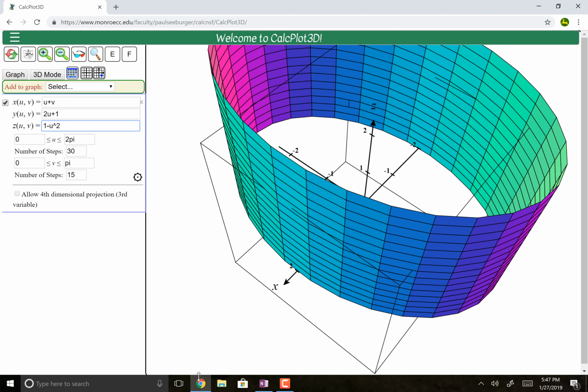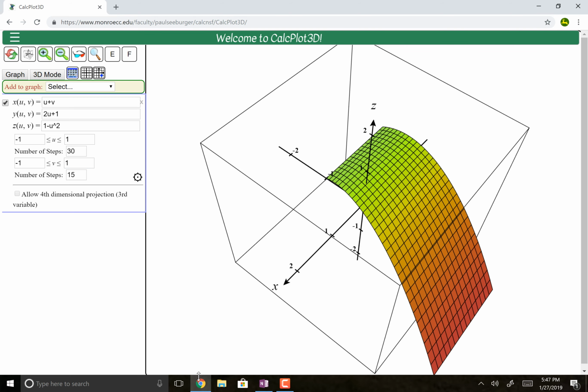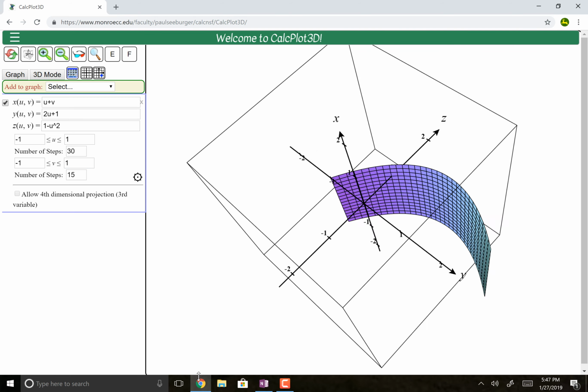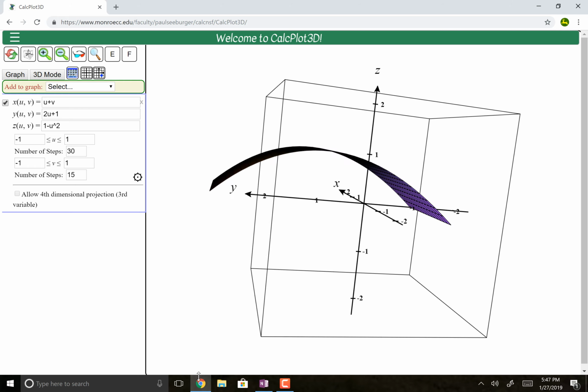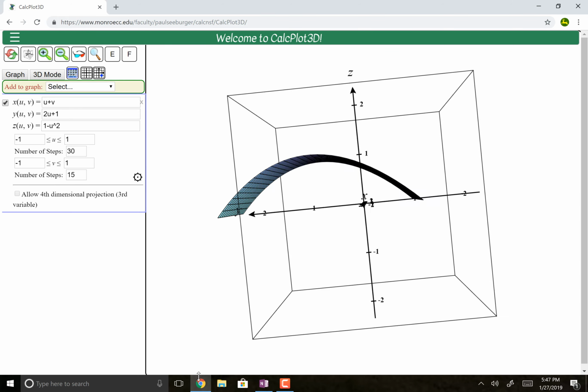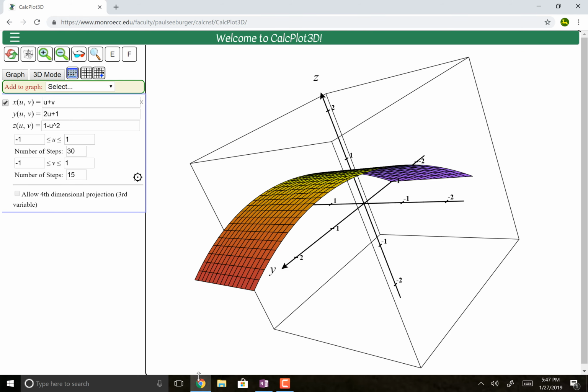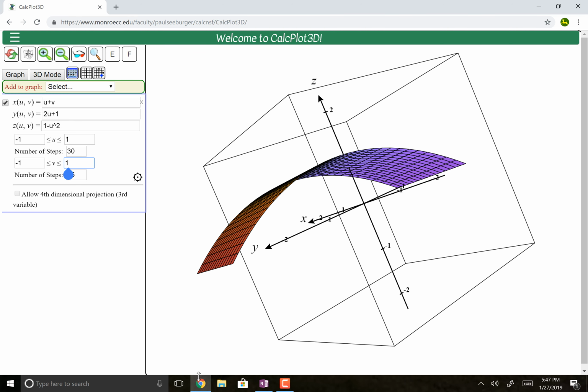Now, in this particular problem, they said, let U go from -1 to 1, and same thing with V. Hit enter. Bam. Well, what do you know? My Z's are quadratic. If I let my Z's go out further, check it out,